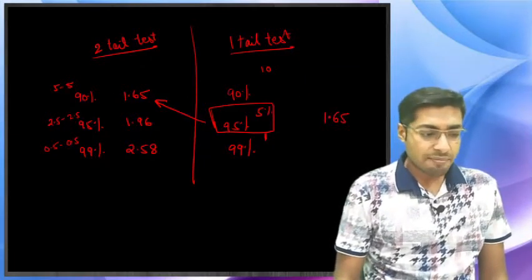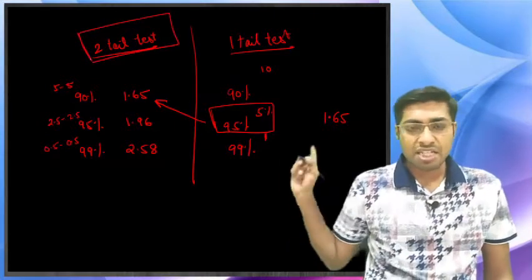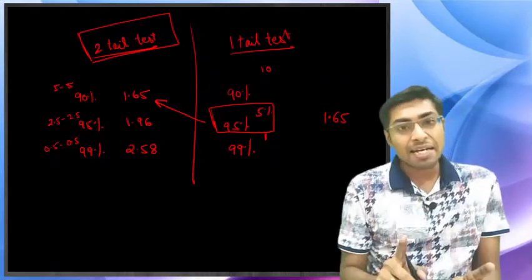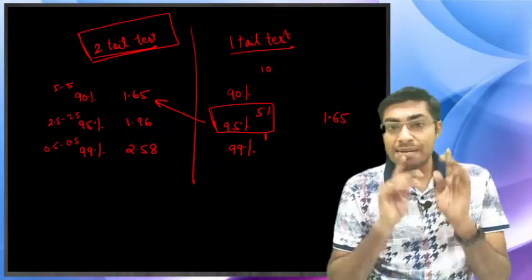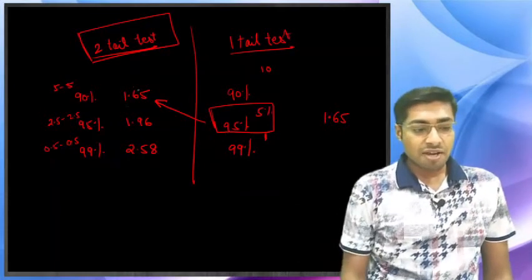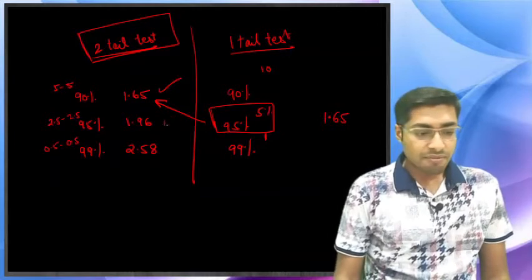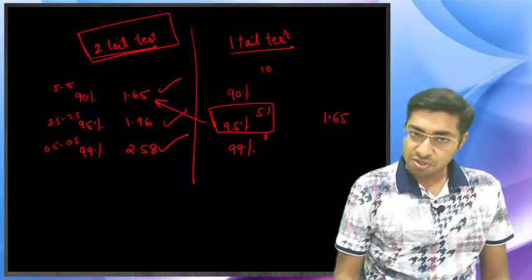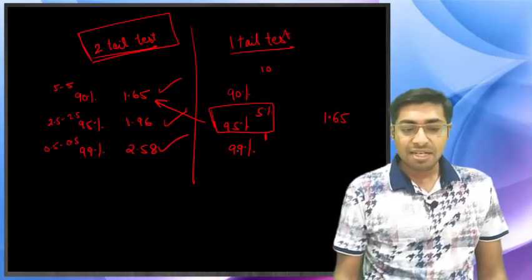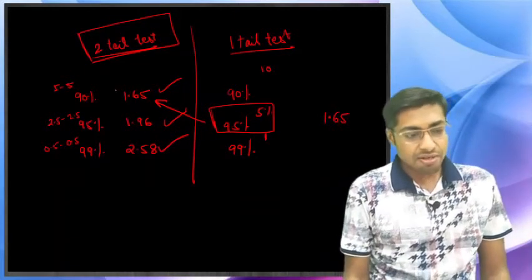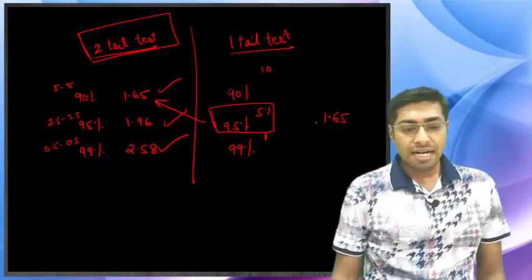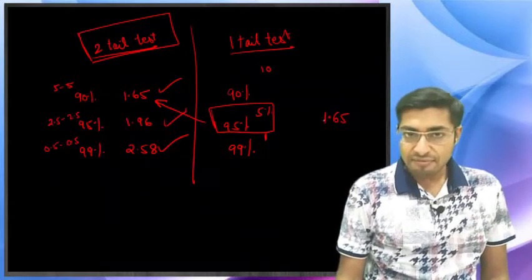This is what you have already remembered for the two-tailed test. Even in the previous chapter, I had told you that you need to memorize this, you need to learn it by heart. Even at midnight, if I wake you up from your deep sleep, you should remember this particular thing. So this is what we have already done. 1.65 you remember, 1.96 also you remember, 2.58 also you remember. This was for two-tail test. For one-tail test, 90%, 95% and 99%. This 95% is similar to 90% of two-tail test, which means 5 and 5 under both the tails. So that critical value is 1.65.